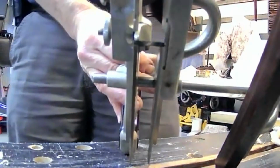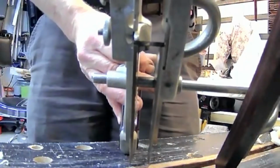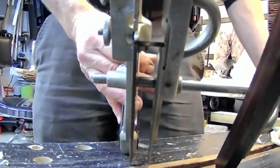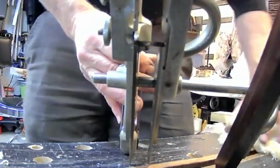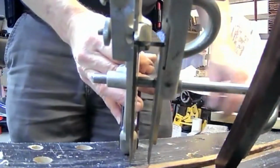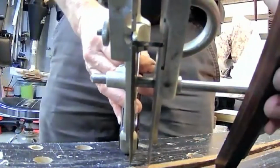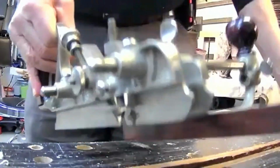On the 1/8 inch beading plane, you don't necessarily need to do that. The smaller irons, you don't necessarily need to support both sides. At the 1/8 inch, I have done it with both skates, but I think it's unnecessary and problematic, trying to keep the skates tracking so close they can interfere with your work. So we won't be doing that on the 1/8 inch cutter. Right, so now